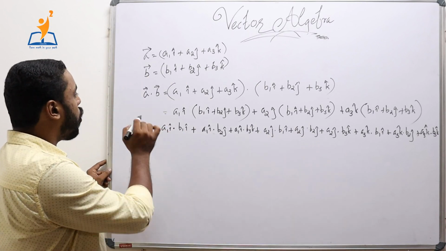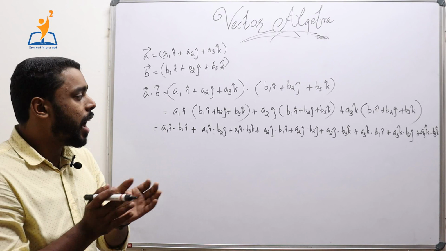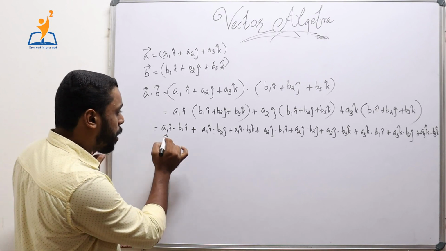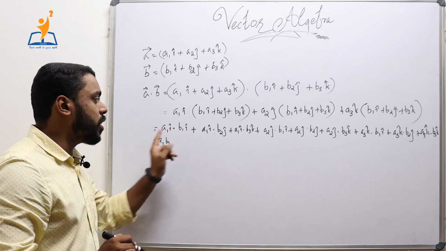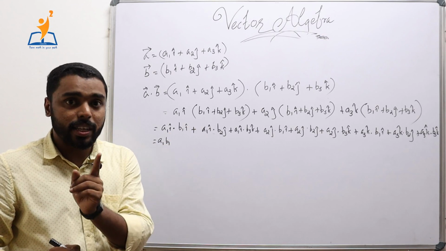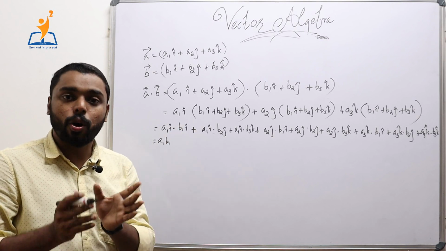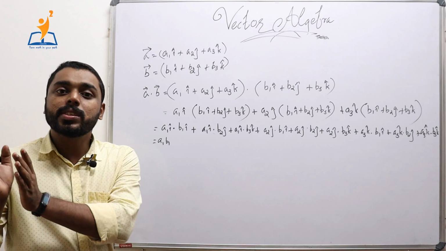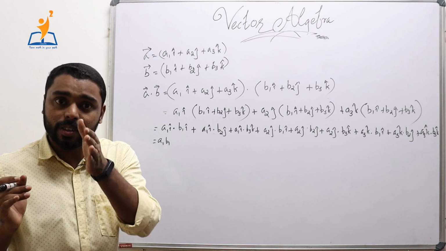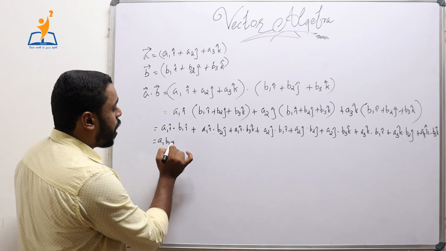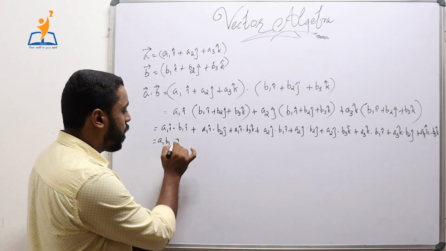Now observe that we have already said that whenever I am provided with two numbers and a scalar in a vector product, I am able to associate them. Here I am associating them as a1 b1 times i dot i. i dot i is nothing but mod i into mod i cos 0, because they are collinear. Also cos 0 is nothing but 1. It will result in mod i square, which is nothing but 1. We have already proved that in the observation sections. So it is nothing but a1 b1 plus